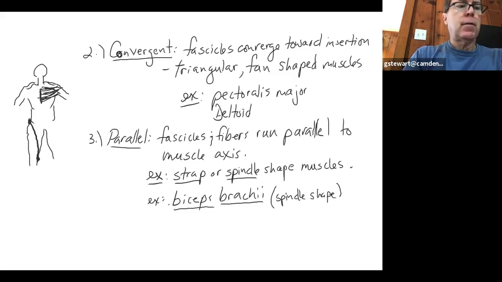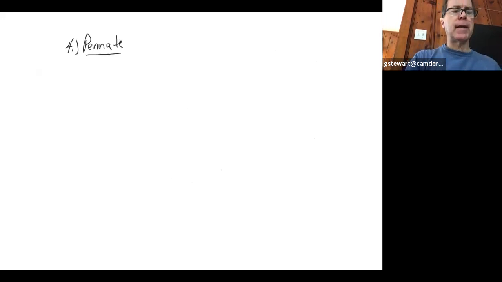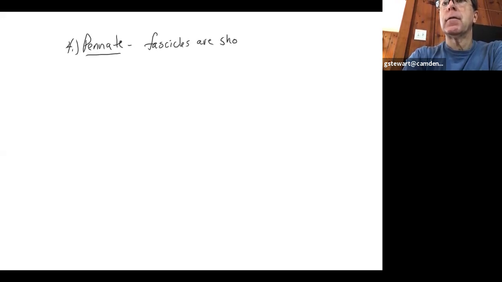All right, now the fourth one is pennate. This is the last arrangement of fascicles. This is a little bit more complex than the first three. In pennate, the fascicles are a short fan-shaped arrangement, creating a feather-looking type of muscle. So for the pennate description, I'm just going to write fascicles are short